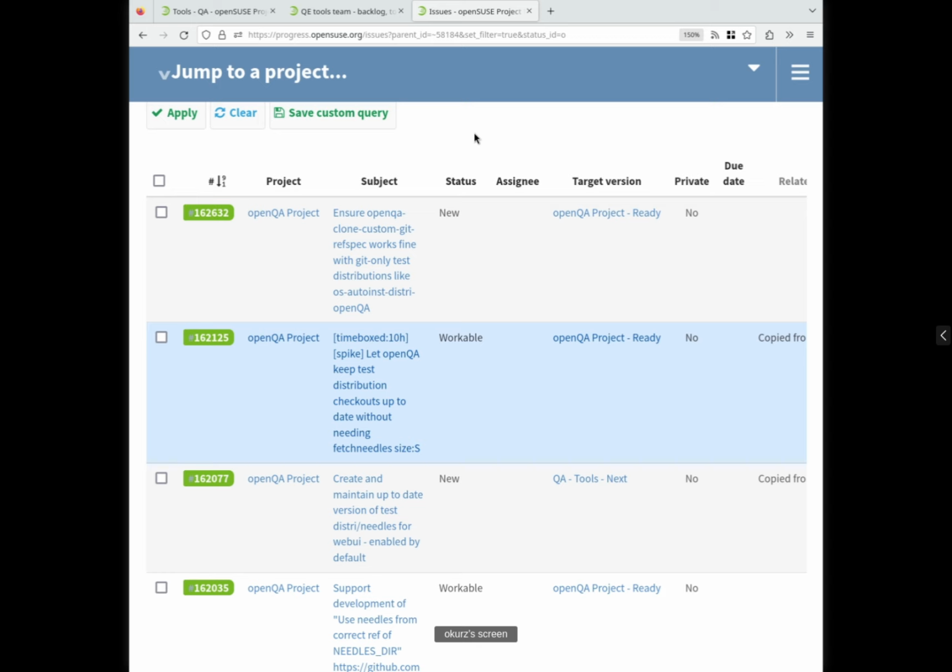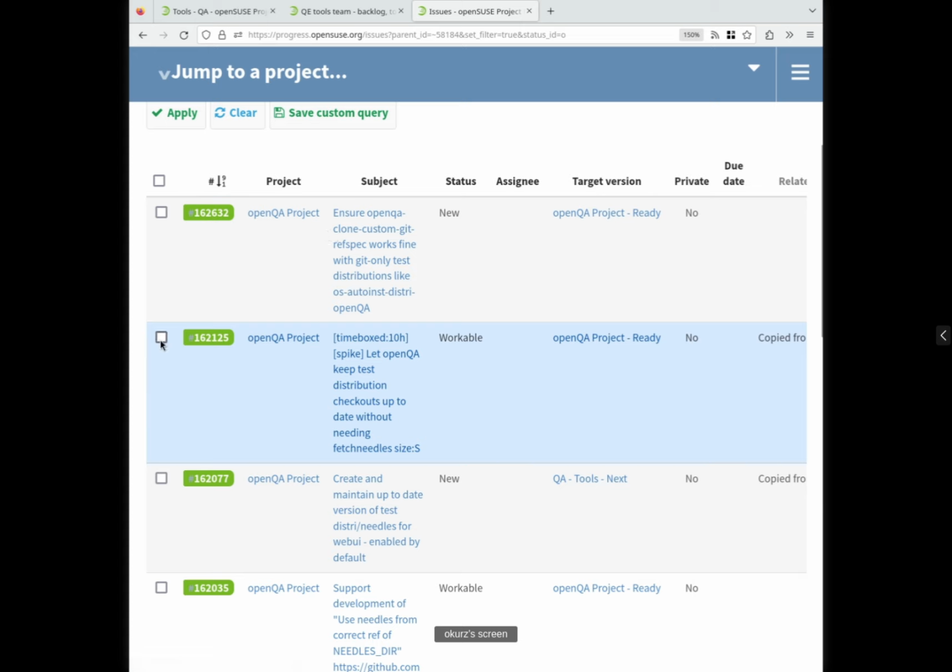And we found that there can be a problem to use openqa-clone-custom-git-refspec to point to yet another fork. Let's imagine you want to try a pull request to that test distribution, then you would possibly use that tool. It does work by setting NEEDLES_DIR in particular, but that should be streamlined so that it works by default, just pointing to a pull request and a verification test that you would like to run.